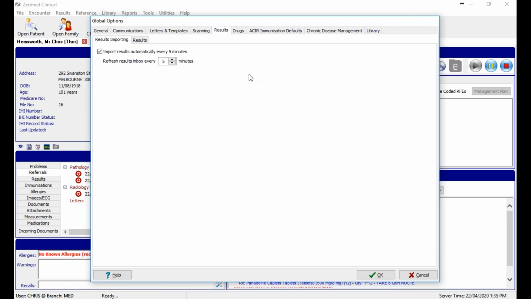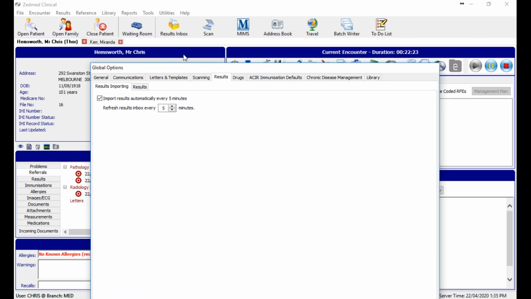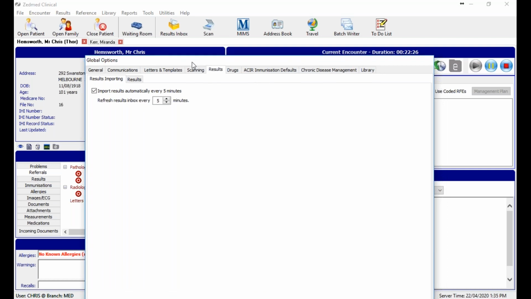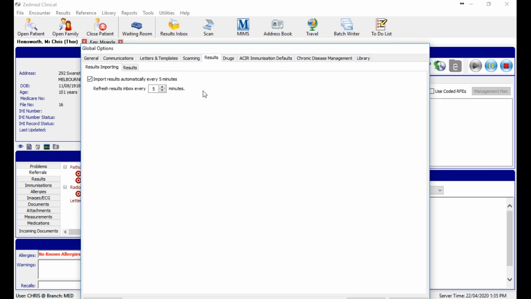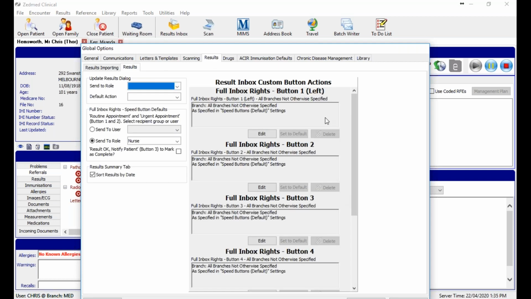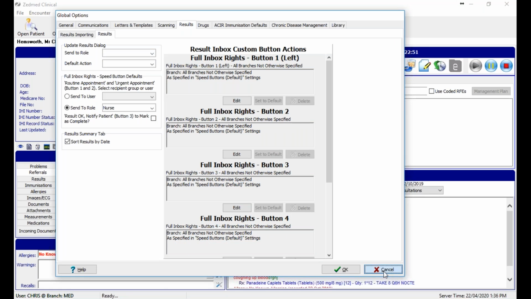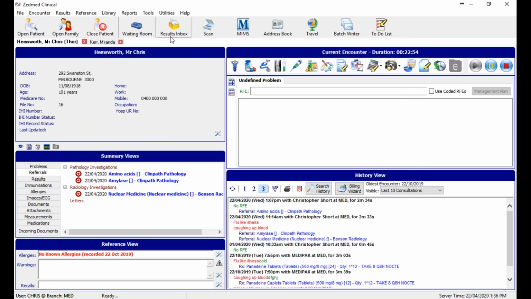The results section here, this is for your receiving electronic results. And remember, this is across all of the clinicians, not just whoever's currently logged in. So on this screen, unlike the other screens, we've got the small amount on this screen here, import results every 5 minutes. But we've also, if we click this extra tab here, so we're in global options, results, and the other one here, there's a number of options. Looks like quite a busy screen, but let me break it down here. We're setting the quick buttons. So I'll show you, if we go into the results inbox section here,